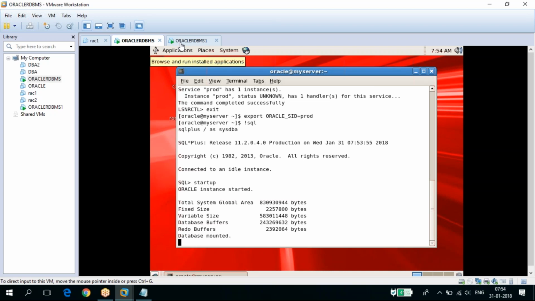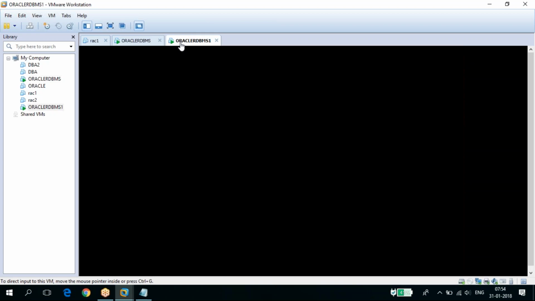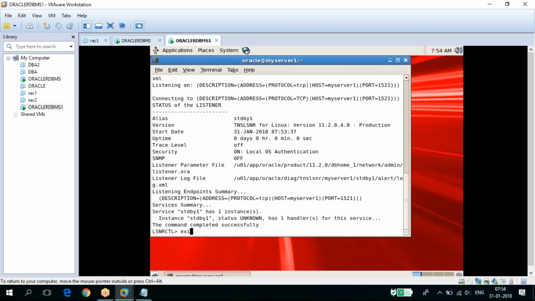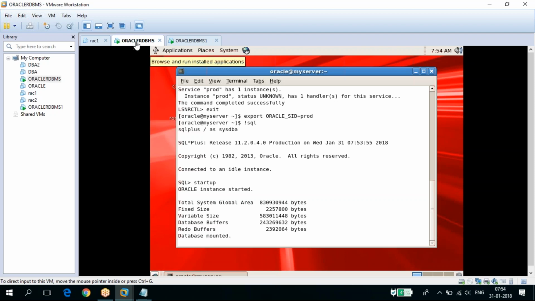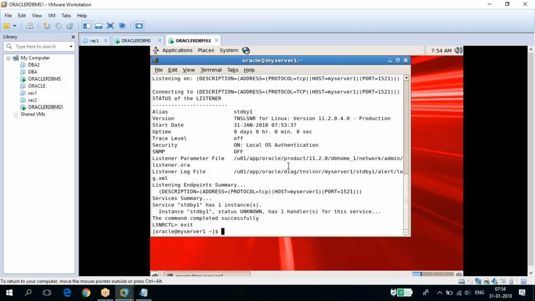Okay, so if you want to do switch over, then standby redo log file, you need to create the standby redo log file. On the standby machine, you need to create the standby redo log file as well as on the primary database. So what is a standby redo log file? If you create the standby redo log file, then